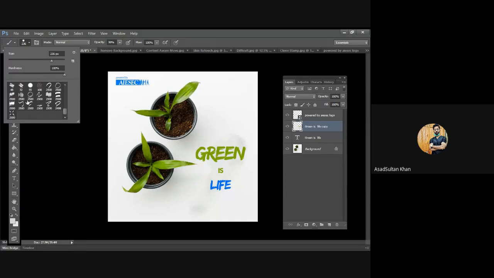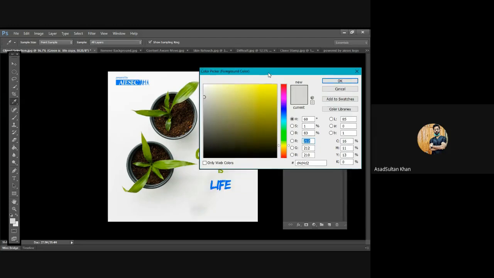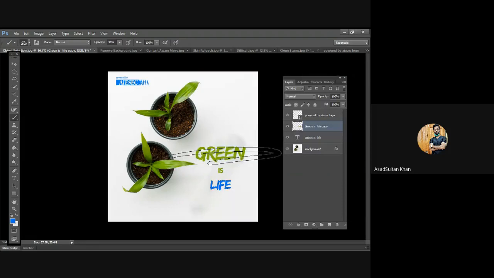So let's say I wanna do something like this. Let's select this. इसका color, I wanna have the same color, just to make it more eye pleasing. This is what I'm gonna do.